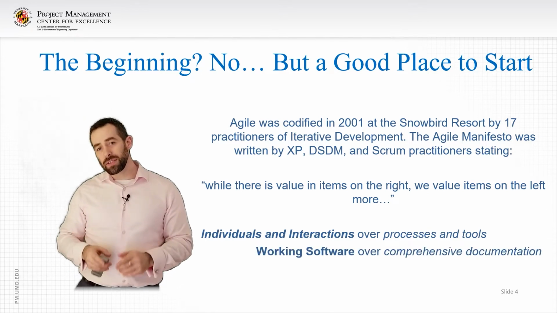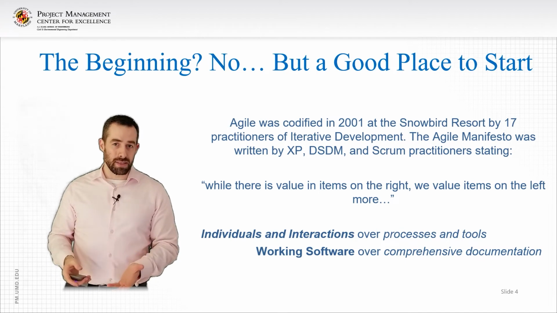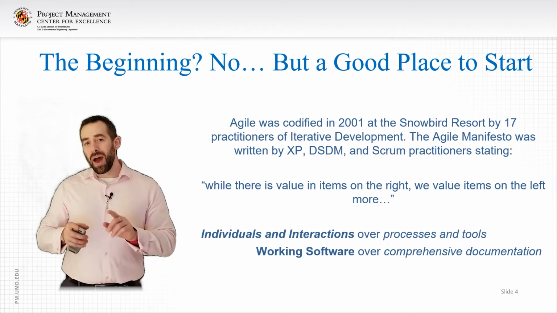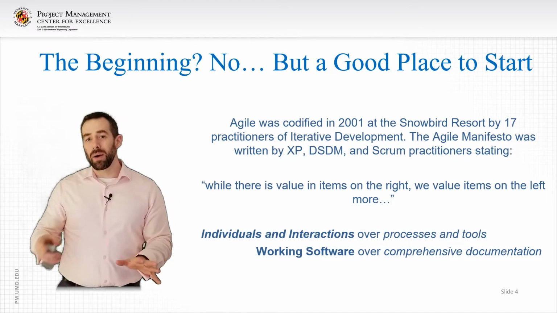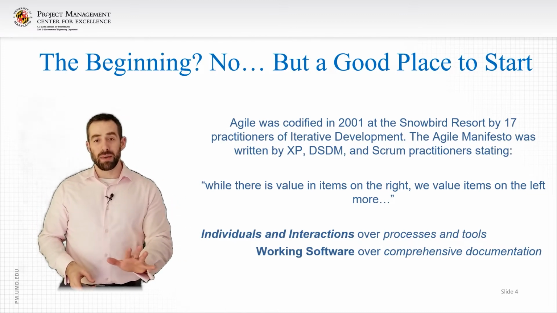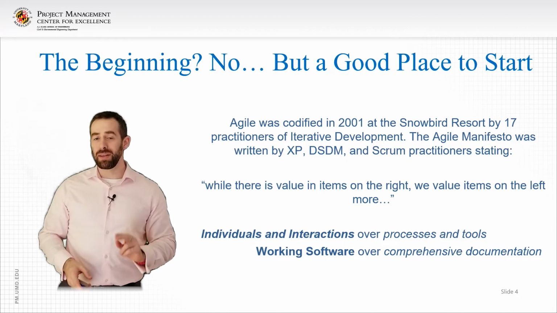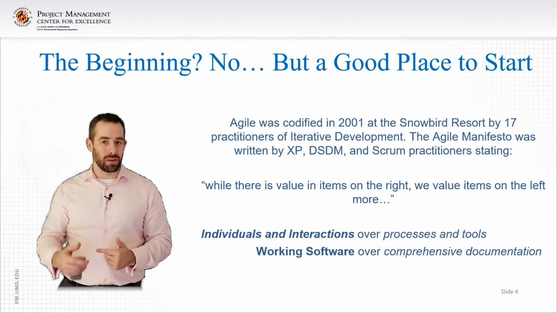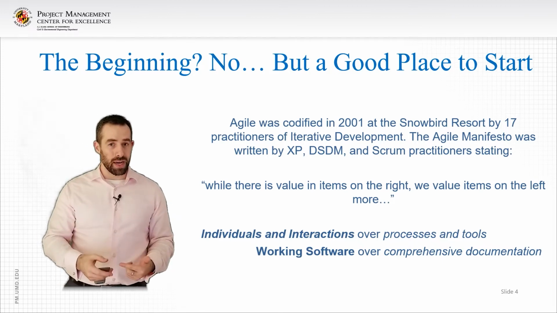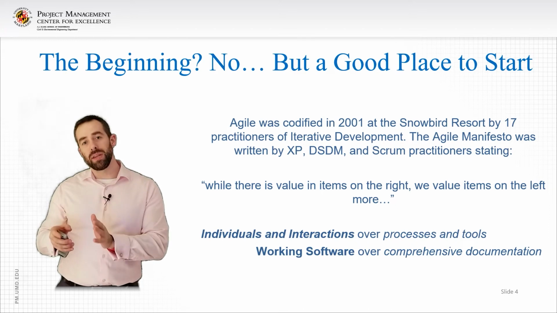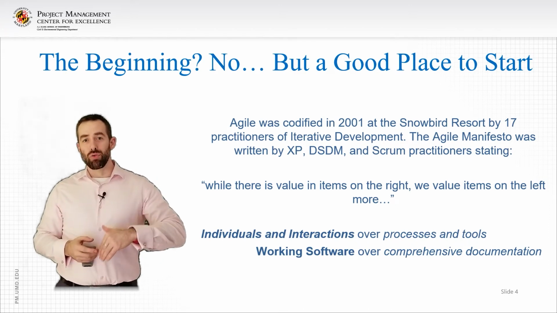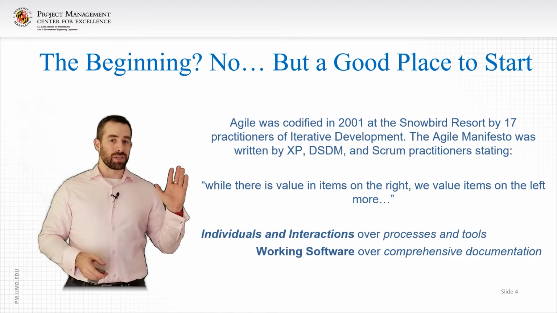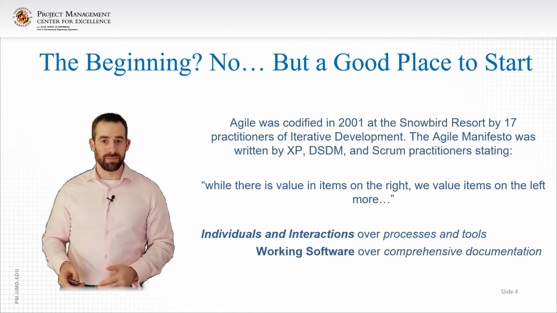Then they said that working software, and now today we say working systems, is more important than comprehensive documentation. However, working software over comprehensive documentation doesn't mean that we don't document. In fact, you get better, more timely documentation because of the way that Agile documents. They document as things are developed, or they do so with prototypes. So as a result, you end up with better documentation, not rush-at-the-end documentation when no one can remember what they did, or upfront documentation, which is OBE by the time it's delivered.